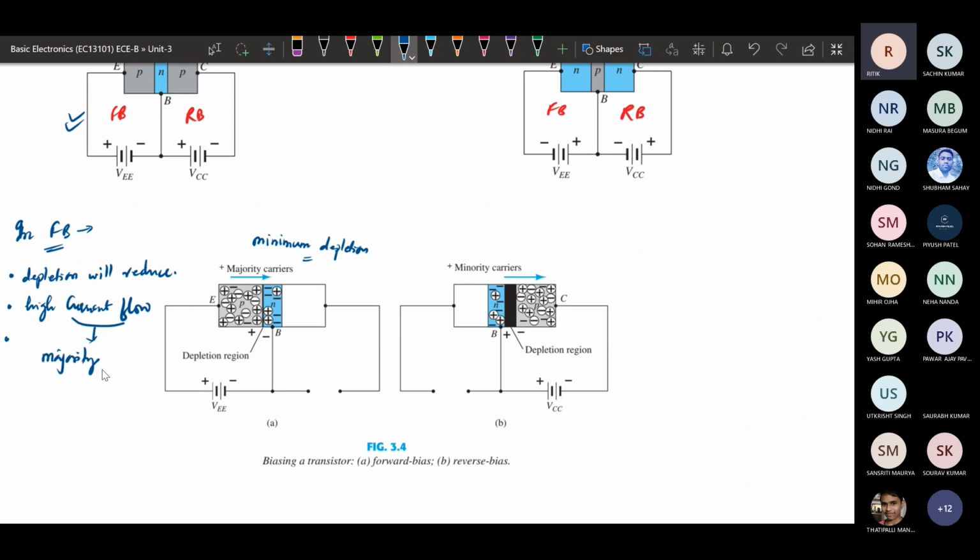Similarly, in case of reverse bias, we can see that the depletion region is high. So the depletion region has increased.